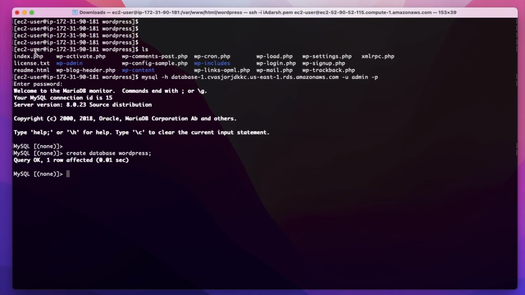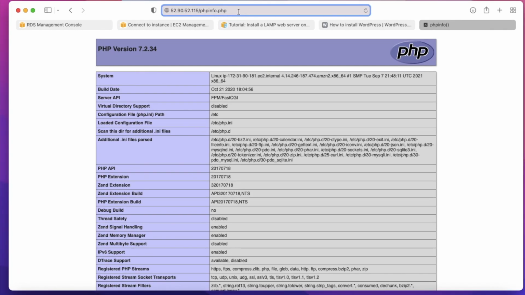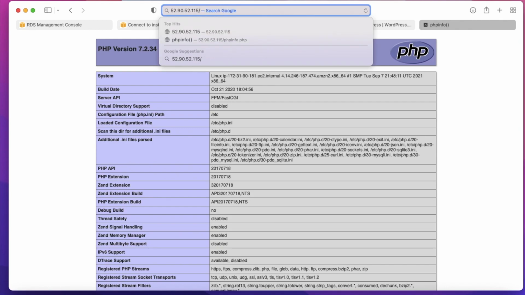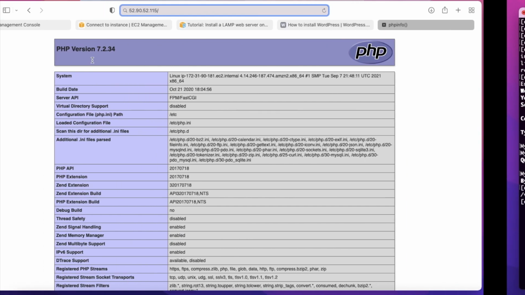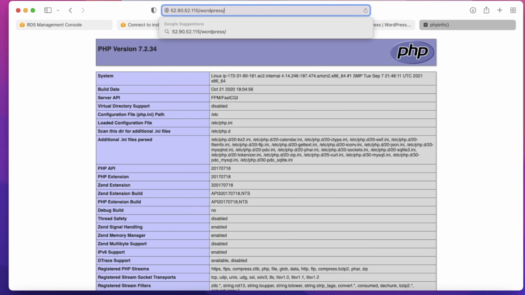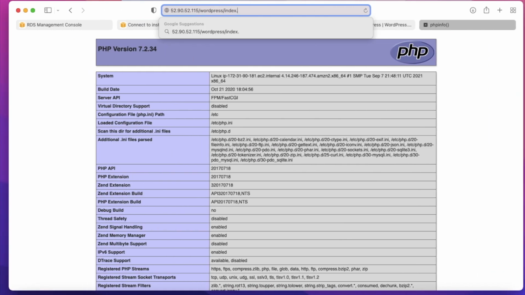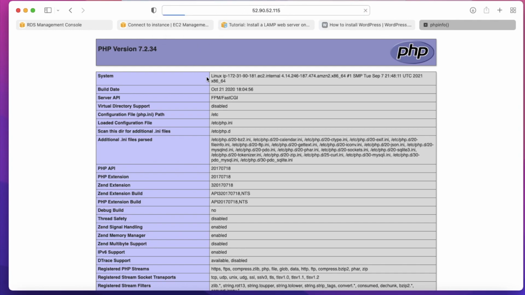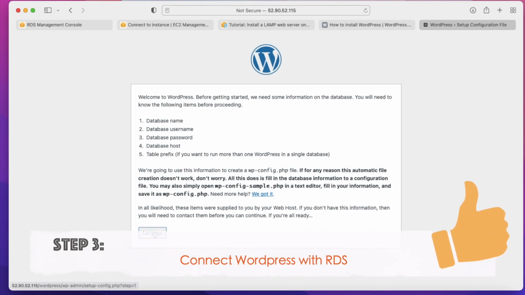And now let's open this index.php page so that we can connect the RDS to our WordPress website. For this, go to your web browser, and here after the IP, we need to provide the path of this index.php. We are currently inside the WordPress folder, so we need to copy this WordPress, and after WordPress we want to open this index.php. So type here index.php and then press enter. So our WordPress is coming, and now we need to connect with our RDS.